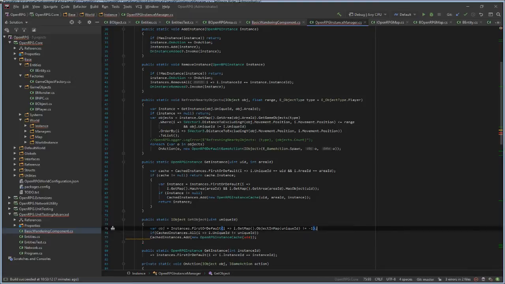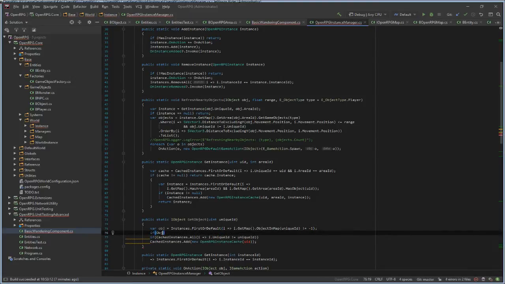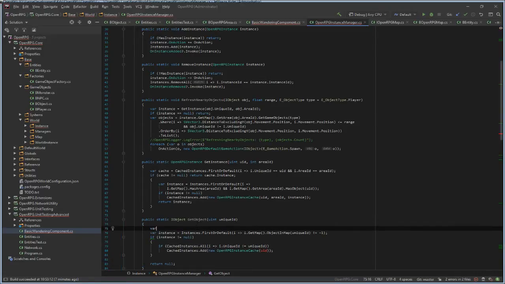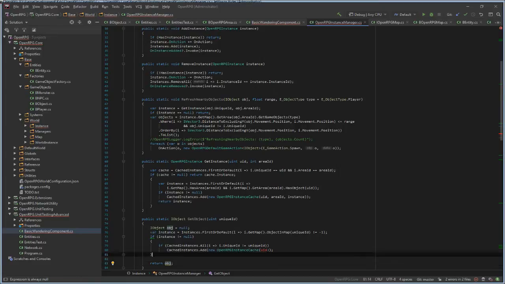I'll just get this instance. If instance isn't equal to null, we just continue. If it's equal to null, we just return null. Or even better, if object equals null, we just return object. So we create this cache entry.